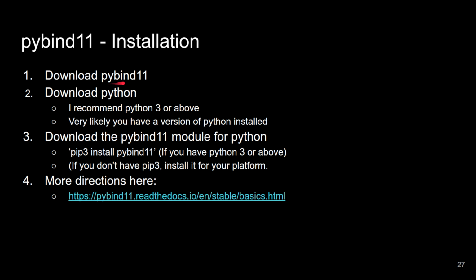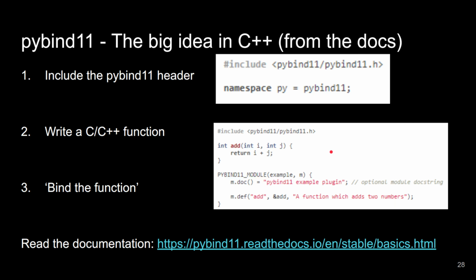So the general walkthrough here, and I'm going to do some of this, or at least show you how to use it, is to download PyBind 11 from that previous link. Download Python, and we're going to use version 3 and beyond. For those folks on the data science track, maybe you've done Python 3 or beyond, or maybe other folks have also investigated this. And then we need to download the PyBind 11 module here. From Python, you can install it using pip3 install pybind11.